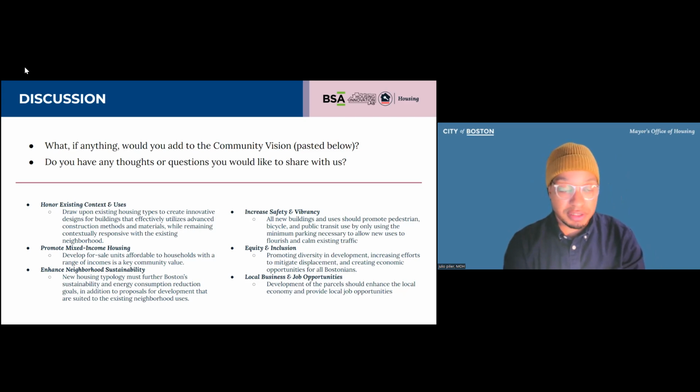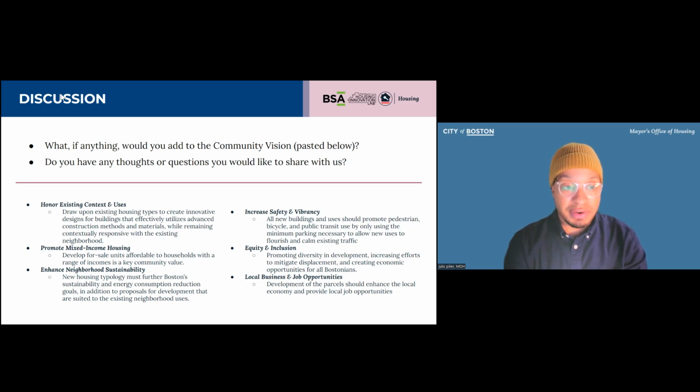It will be a mix of affordability. In terms of specific percentages of market rate versus affordable, we don't have that formula. These conversations are always helpful to figure out if we need to do more or less in terms of affordability.